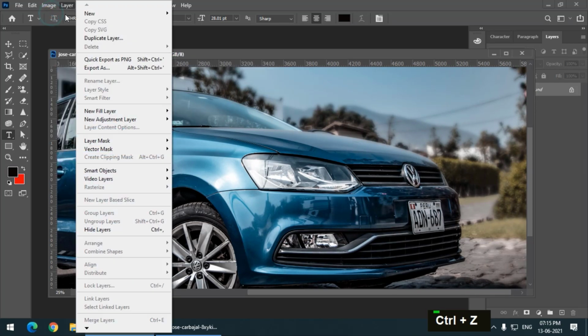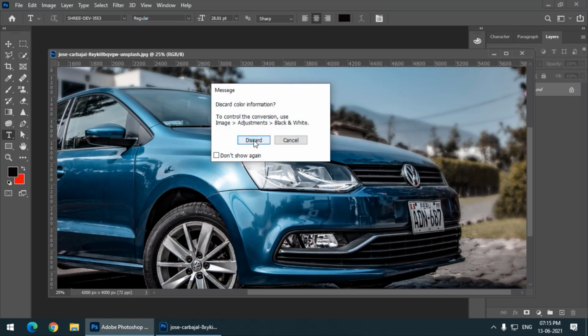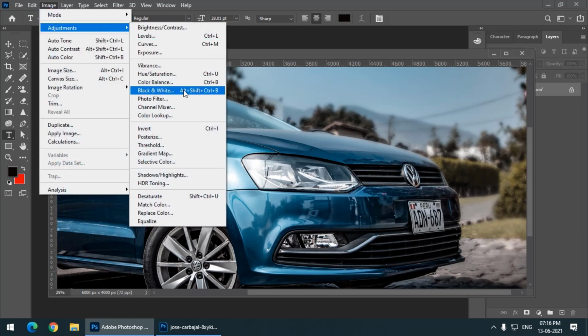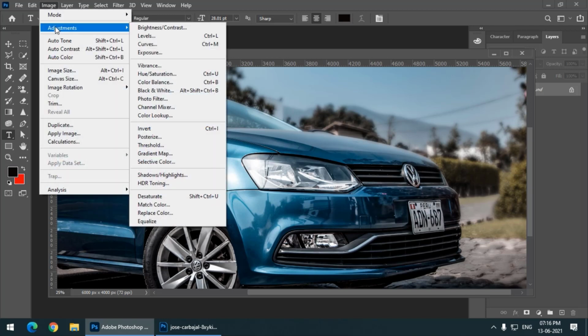So we can change the color mode to basically RGB and CMYK. All other modes are rarely used. Then we also have this grayscale mode, using which we can remove the colors, but mostly people use black and white because the black and white option has more properties as compared to this grayscale mode. We are again going to see it in future videos. I explained all that because it is useful while checking the curves option. It was also useful when we saw levels.